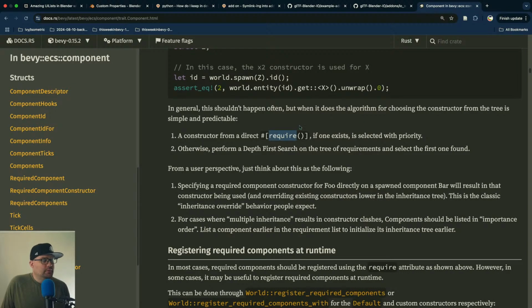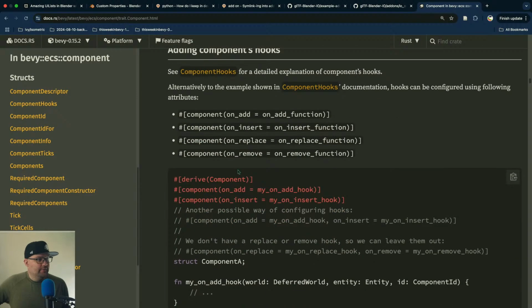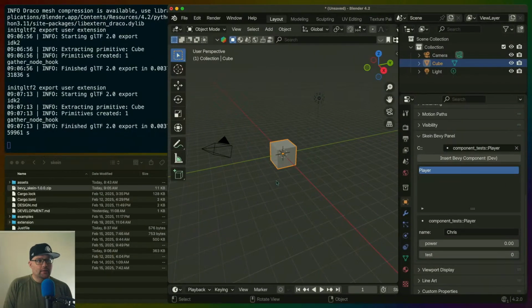We can do custom constructors, I think. Forget how to do that offhand. Component hooks. Right, we can do this to set the default values. We can't do from world though, which is still what we need to do for the handles. So I don't think we can really get around this without doing something funky, and the intent of this example is not to be funky. So let's just do a regular